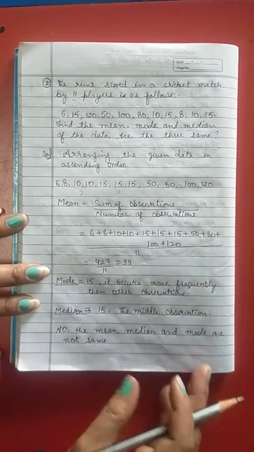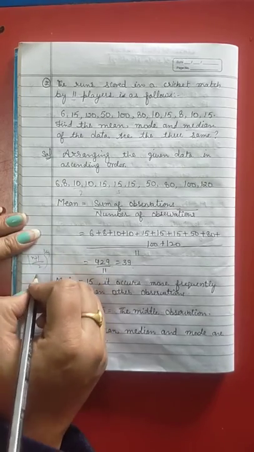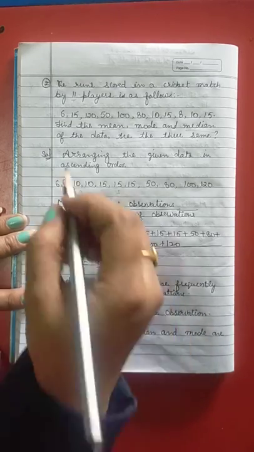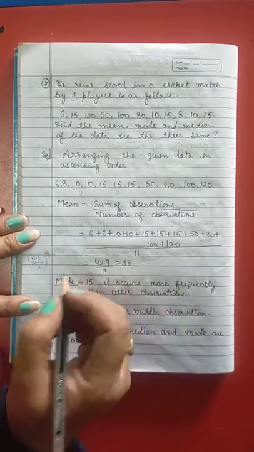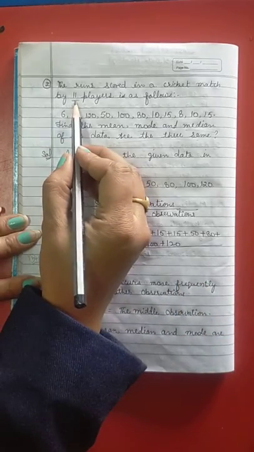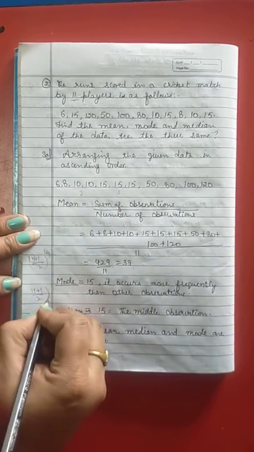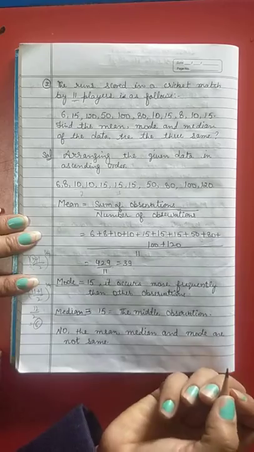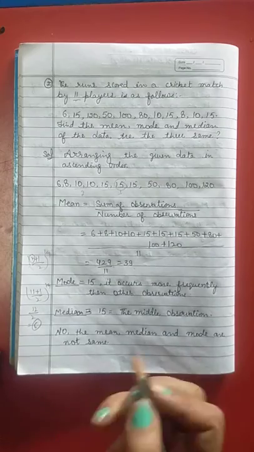Then see the median here, as we have done in the first part, n plus 1 by 2th. Just remember one thing, this criteria will be useful only when n is an odd number. Only when n is odd can we use this criteria. Otherwise, in even numbers we can't use it; we will count and I'll show how to find it. Fine. Here n is odd, as n is 11. So n plus 1 by 2 means 11 plus 1 by 2th. 11 plus 1 is 12, by 2 means 6. We will check which one is the 6th observation. You count 1, 2, 3, 4, 5, 6, so 15 is the median.